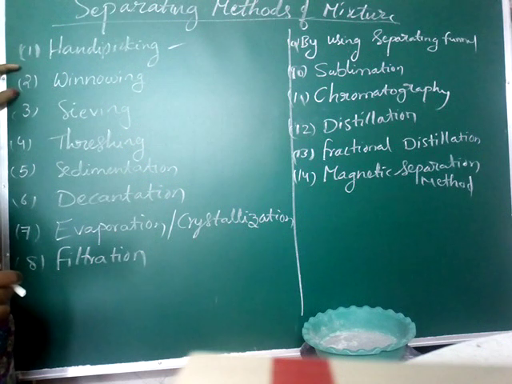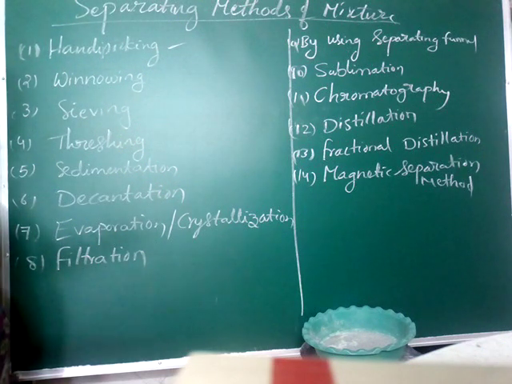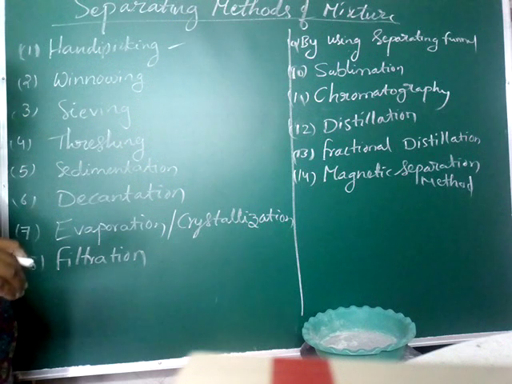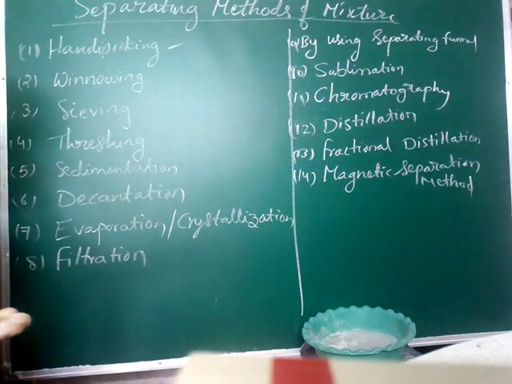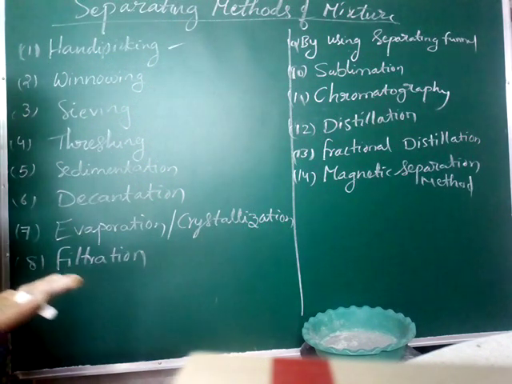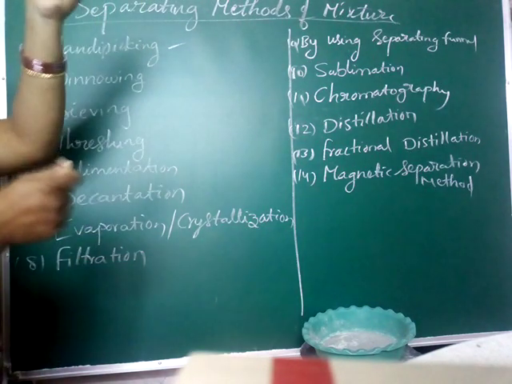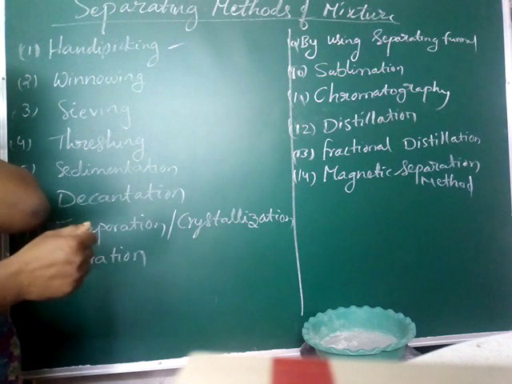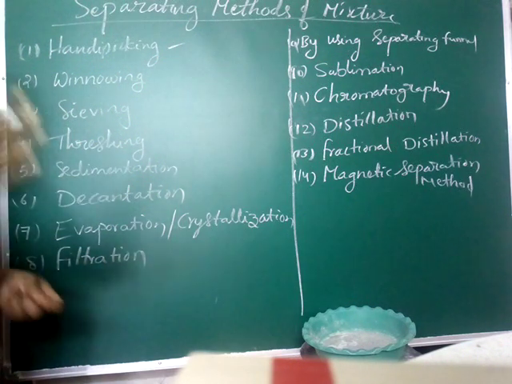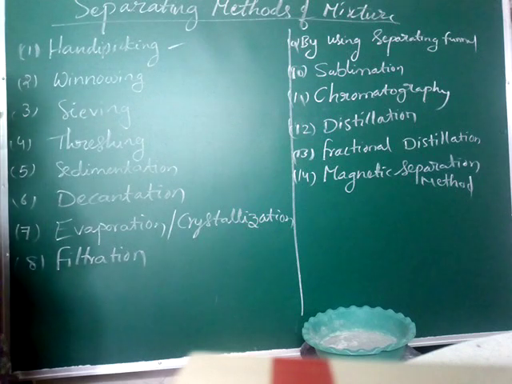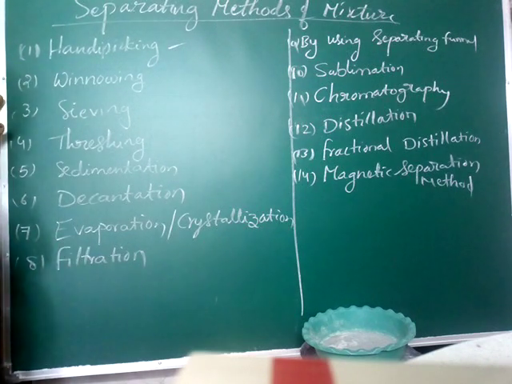And winnowing. Winnowing means, if there is any husk in the grains, that is in harvesting. If there is any husk in the grains, then you have to allow them to fall from a certain height, then the husk will float and the grains remain. That is winnowing. Already we learnt it in 7th class.